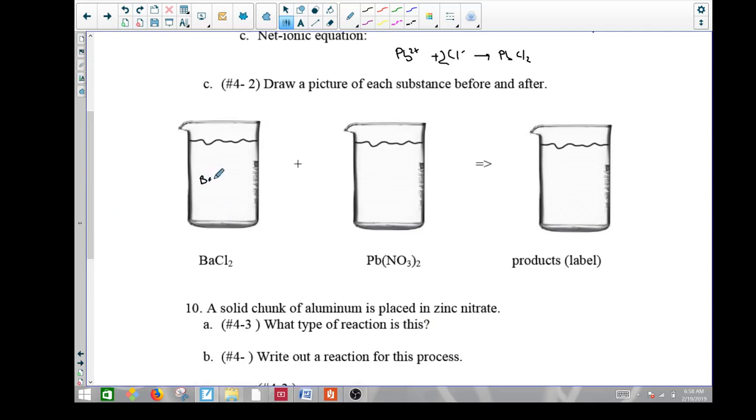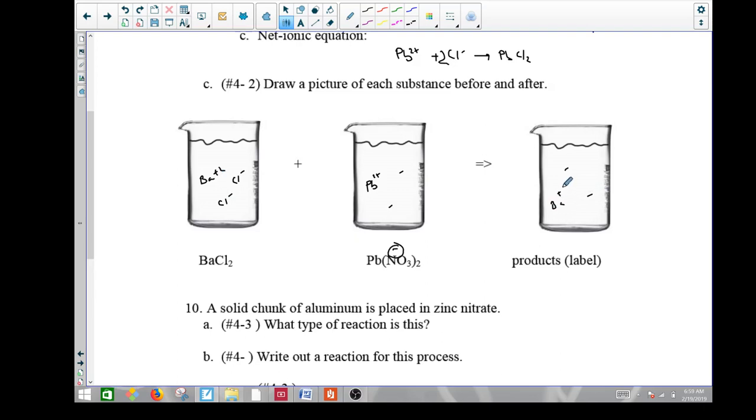Okay, Ba2+, and you'd want to draw it proportional if you can. Okay, and this is going to be Pb2+, get that a little closer, Pb2+. Let's just make this guy a negative, so I'll make a little legend here, negative and negative, and I'm going to write out nitrate. Alright, so my spectators, I have 2 nitrates, put those over here, and then I have the barium will go here, and then